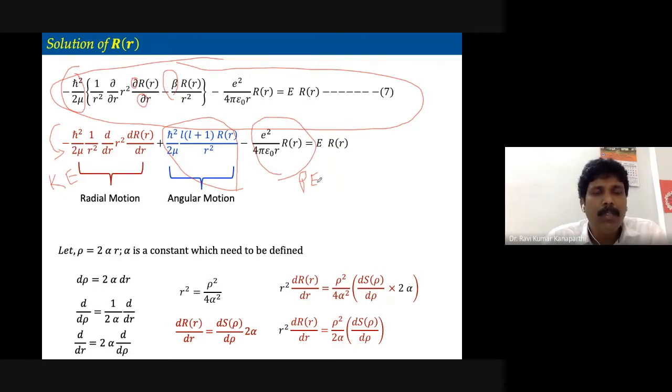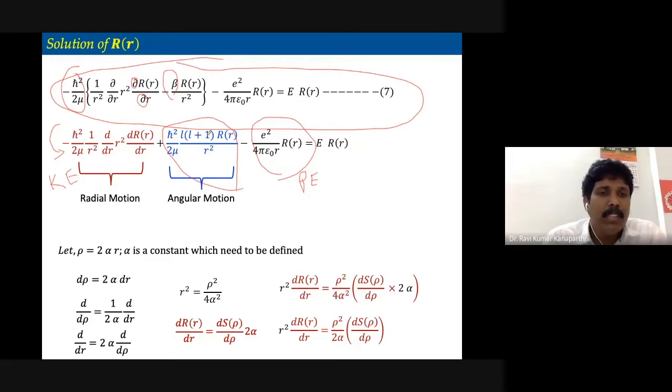So what we are discussing is the radial motion, but still there is an angular component sitting over here. Why am I saying angular motion? Because there is L into L plus 1, right? L into L plus 1. This is a constant number that represents the angular motion. So why is this particular thing appearing, even though we have tried to eliminate it? That is a point that I'd like to discuss, and after that we will proceed.